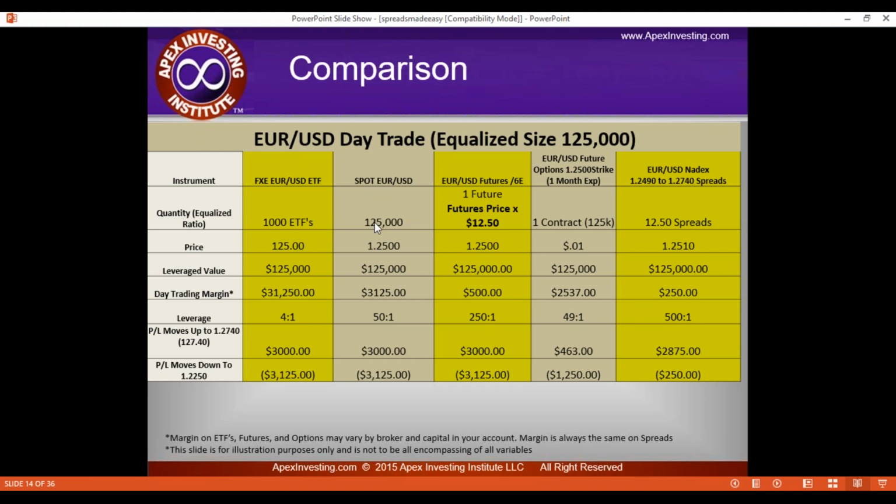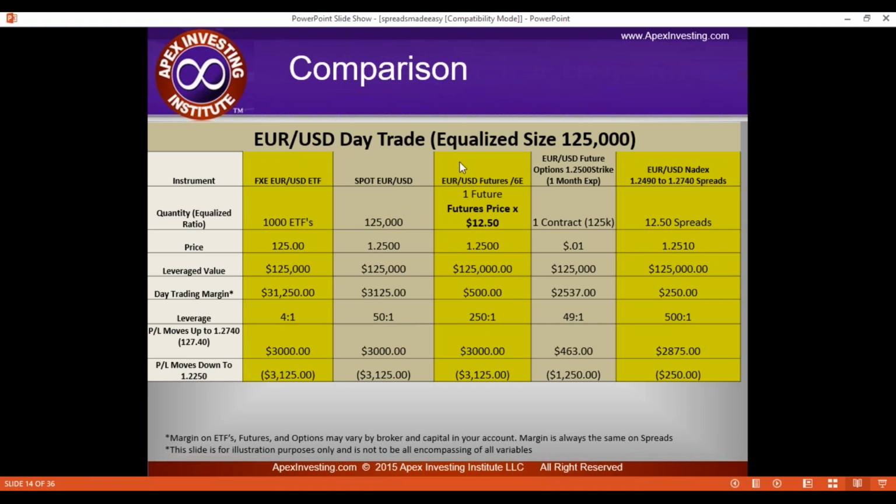Let's say you're trading spot Forex, where you're controlling $125,000. You're going to have to put up about $3,100 just to enter into that trade. Just as margin, what's going to be set aside, pulled out on hold in your account to enter that trade is going to be about $3,100,